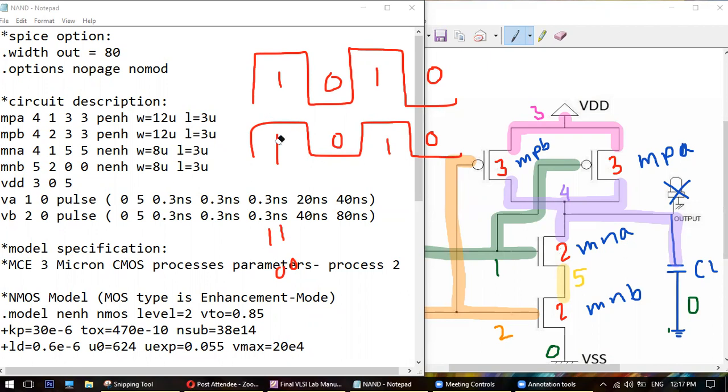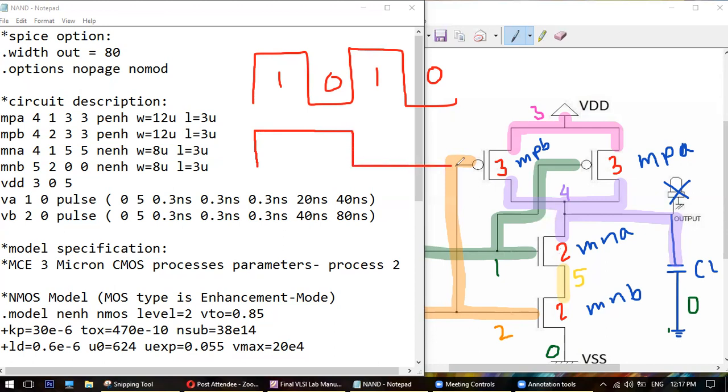So what we can do? We can actually do these instead of that. We can double the time. So it will be 40-80. That means your on time will be 40 and your total time will be 80. Now what are you seeing? You are seeing 1, 1, 0, 1, 1, 0, 0, 0. Can you see that?